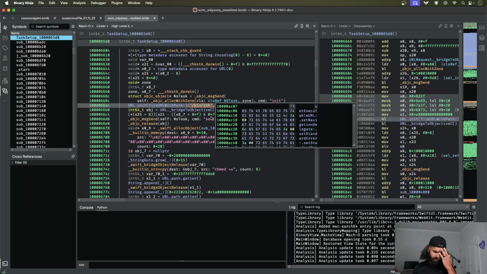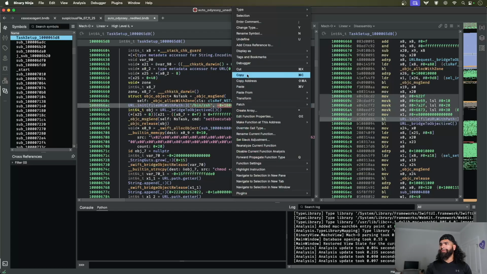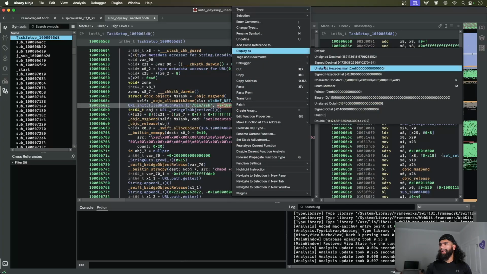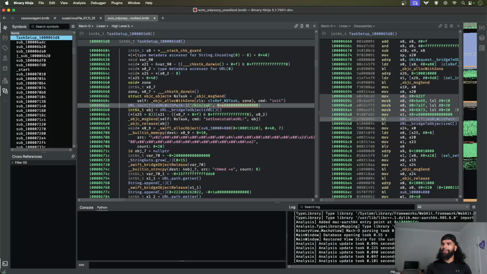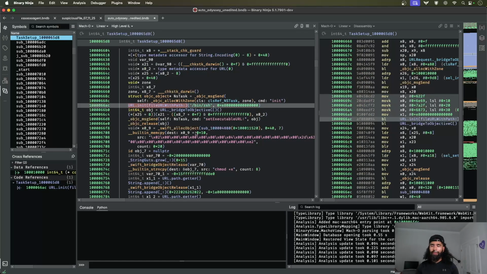So that's the default shell for macOS. And we'll also see this value being passed alongside. So there's two arguments here being passed to this URL init method. Okay, so this is going to initialize a URL, and this is going to get this argument for the file URL with path. Now, this is a Swift string. This is a small Swift string because it's less than 16 bytes. I believe, yeah, if I remember correctly, 15, including 15 bytes in length and down,